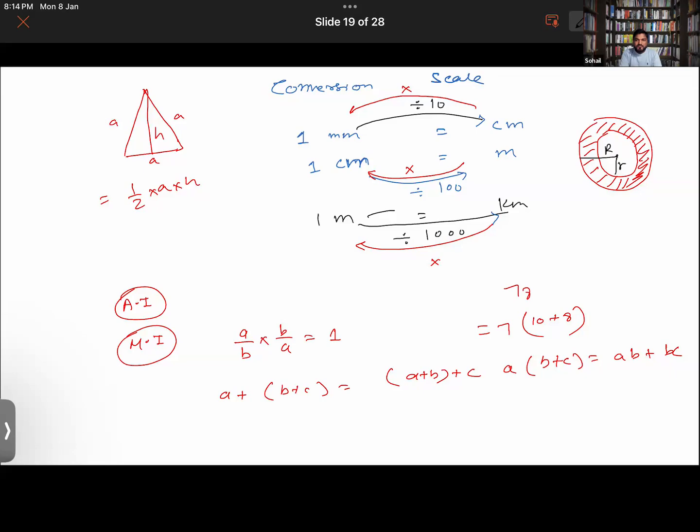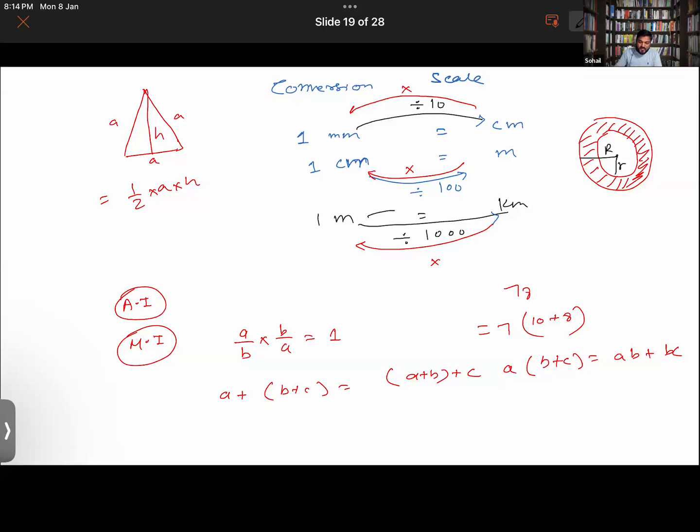Anyone? Okay, think of it. It's a simple question. I know you guys can do this one. Arhan, so pi into bigger r and smaller r. You will be multiplying the bigger R and the smaller R.